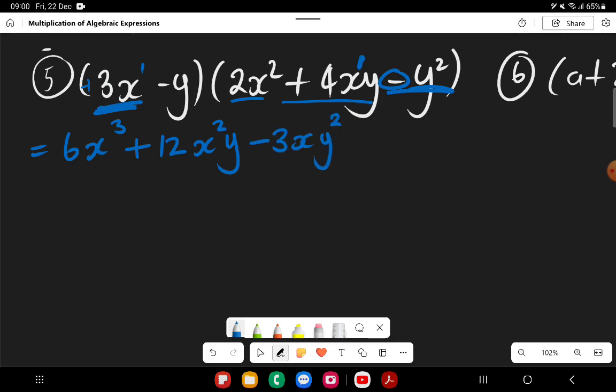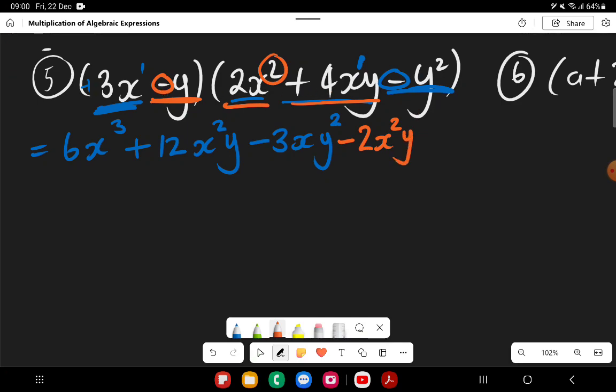3xy squared. Now let's distribute this one, which has a negative sign. So we're going to say minus and plus is minus. So this one is going to be x squared by itself. I'm going to write it on the outside. So that's going to be minus 2x squared y. Then this times this, all right, so what we can do then instead is, let's just continue. Minus 2x squared y